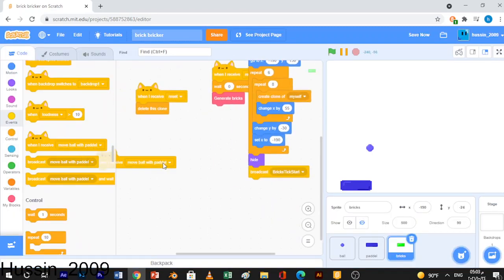So now if we receive the bricks tick start,